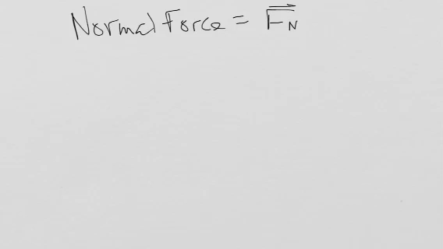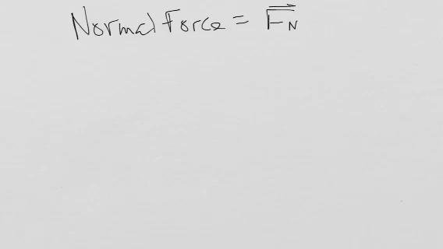Okay, now that doesn't happen because there's another equal force, yet opposite in direction, that's acting on us at this very moment. I'm standing on this floor and I'm not sinking through it because not only do I have a force of gravity pulling me towards the center of the earth, but I also have what's called a normal force, which is pushing me, it's the floor which is pushing me back up. They cancel one another out. Okay? Now, the normal force, also known as Fn, is also a vector.